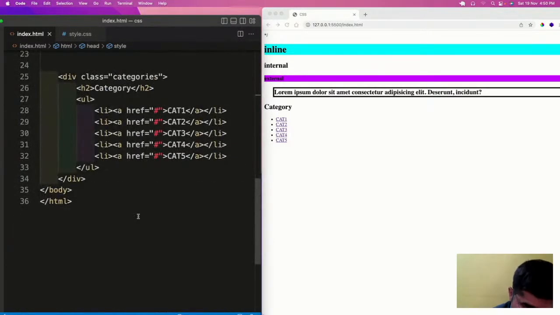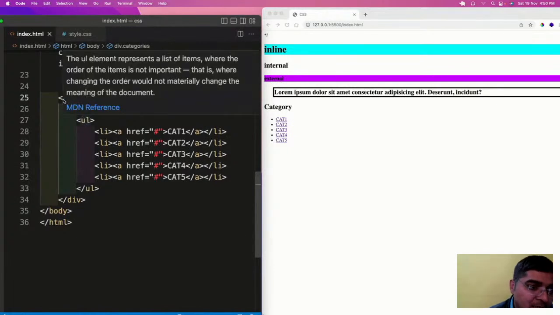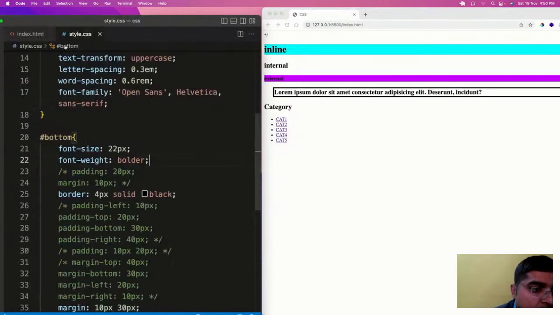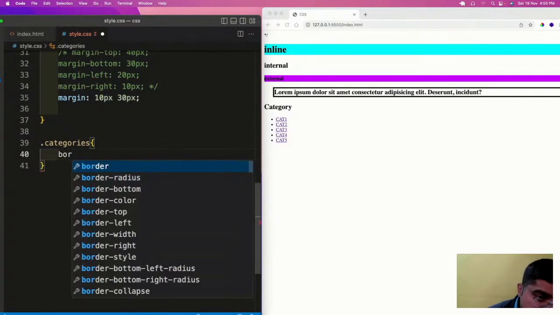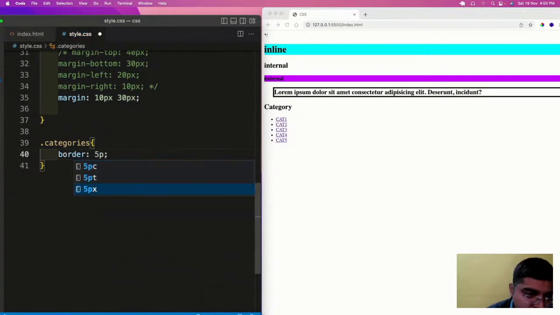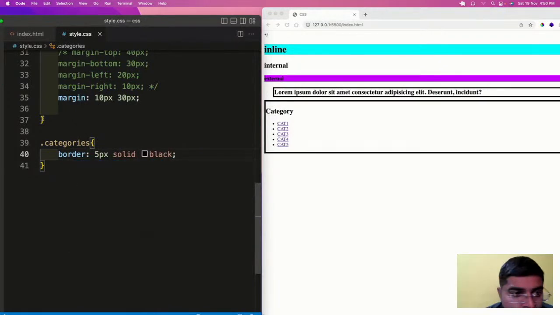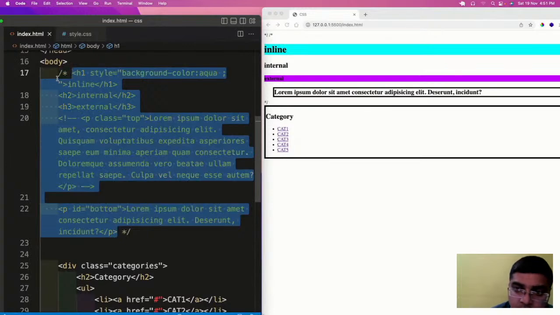Now let me copy the class, and pick up each and every element and do the styling. So now, dot categories, and in this we will first use a border of, let's say, 5px solid black color. And before going to this, let me disable the structure.